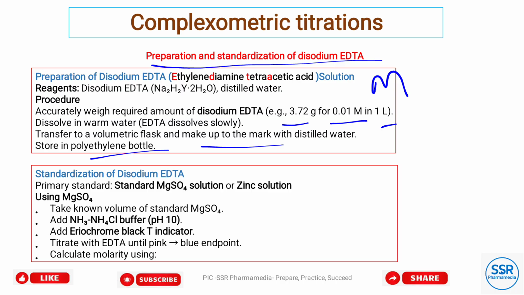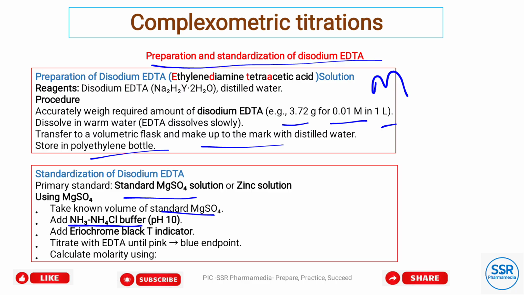So next is standardization. For standardization of this, magnesium sulfate is used as a primary standard, or zinc solution is also used as a primary standard. First of all, a measured volume of magnesium sulfate is taken in a conical flask, and we will add ammonium